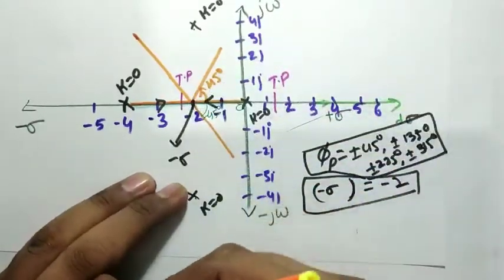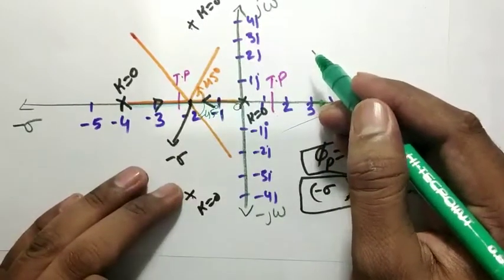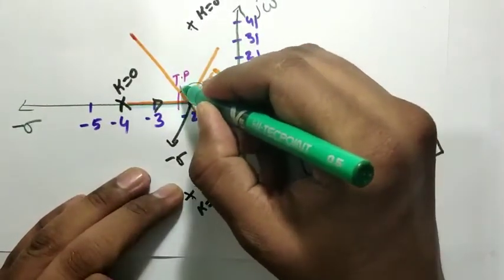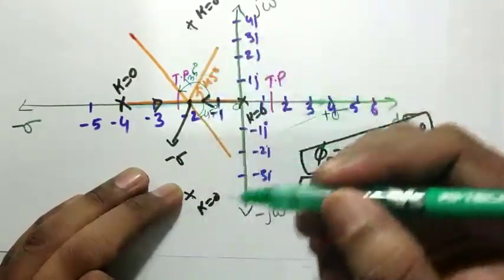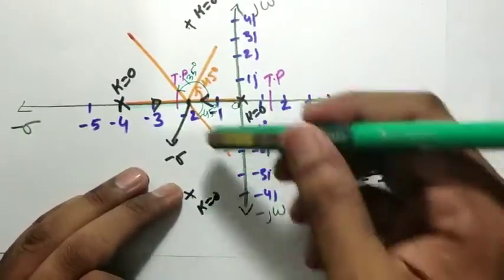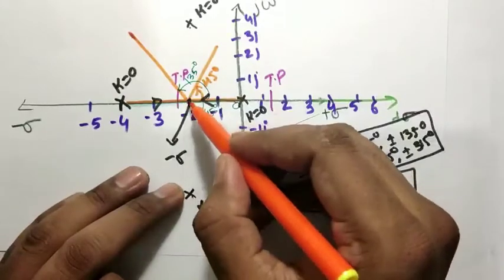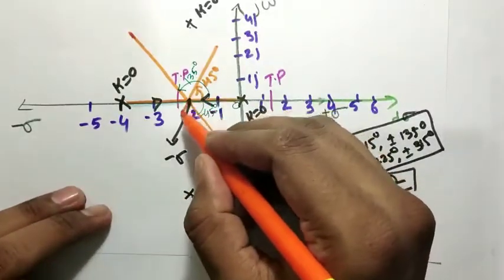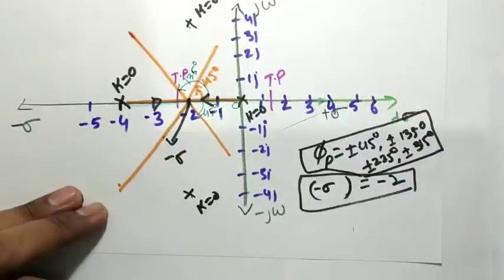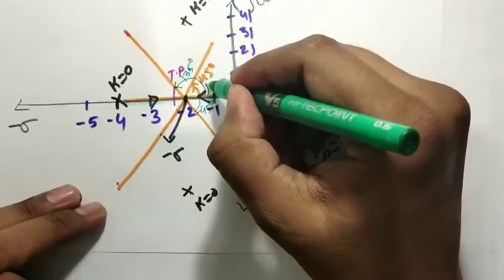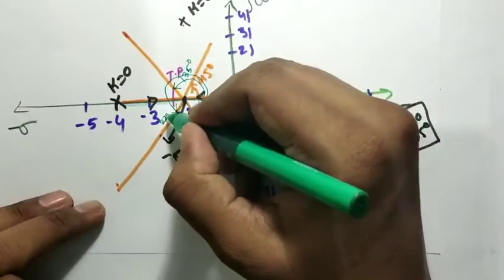This is 135 degrees. If you take this one, it would go as 135 degrees. So next, if you draw, how much next? 225. So 225 means this is 225 degrees, right? So I am going to draw an angle here, 225. This is 225 degrees.